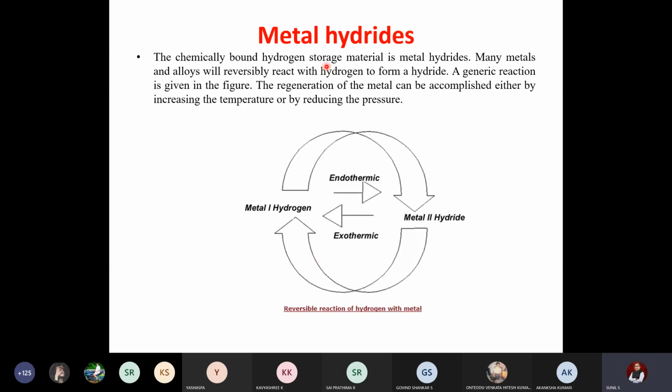So this is metal hydride storage. It is suitable only for very small quantities if you want to shift them. But for fuel purposes, we have to either go with the LH2 technique, that is cryogenic hydrogen, or go with composite tanks.